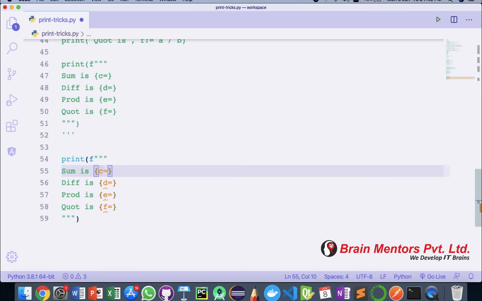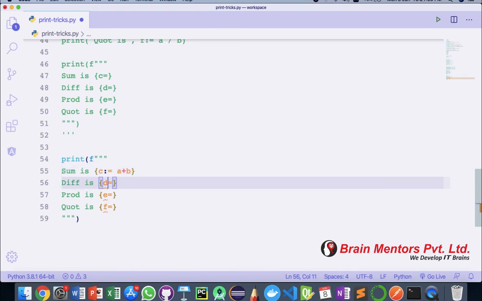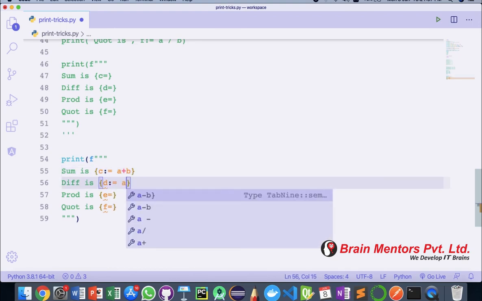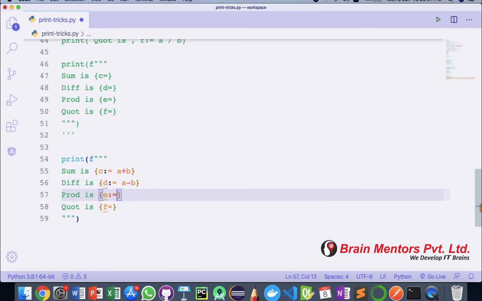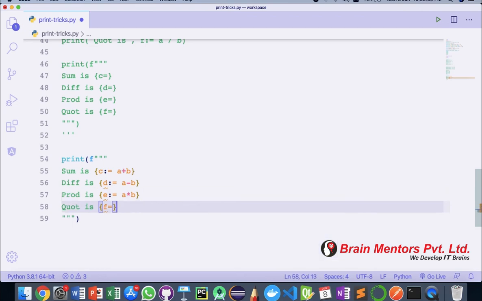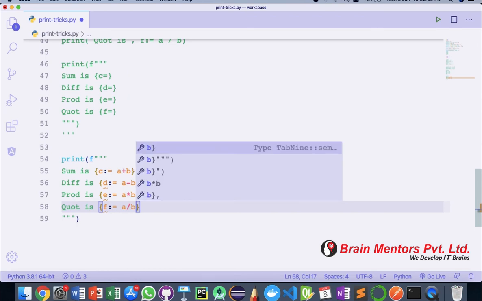C colon equal to A plus B. You can just directly use the walrus operator here only. So now we have combined 4 different things here. So that's how you can just stack up different things together to make your code shorter and shorter and shorter. Now it's a little bit hard to read what's happening here, but it's so much easier to write this code.